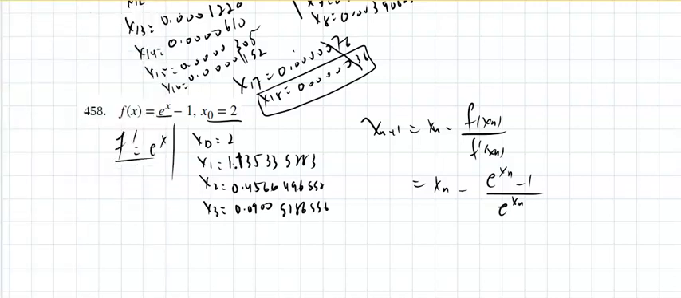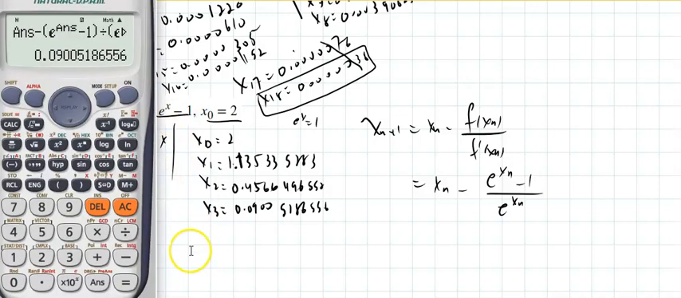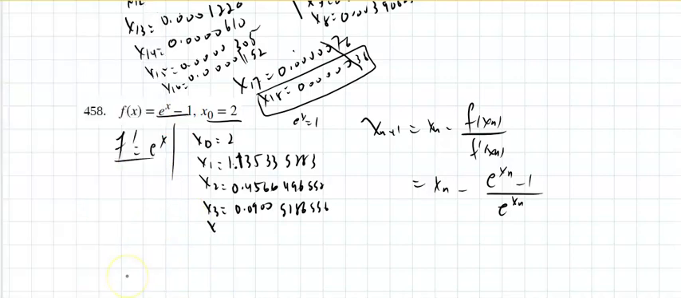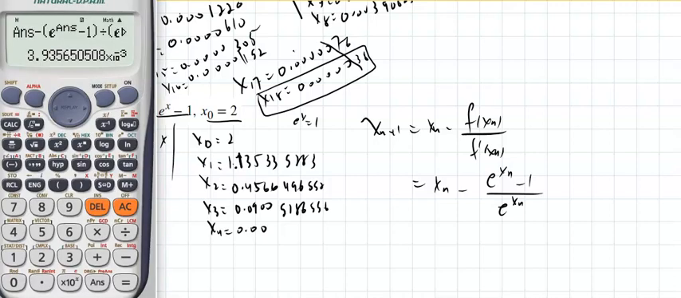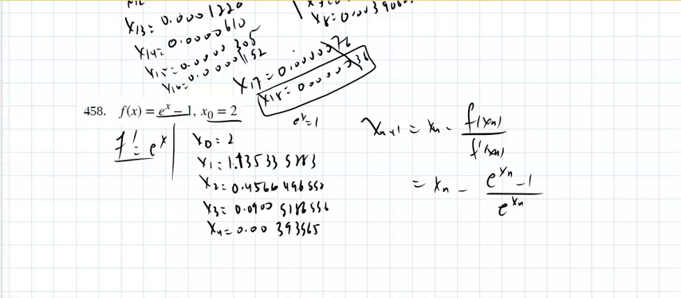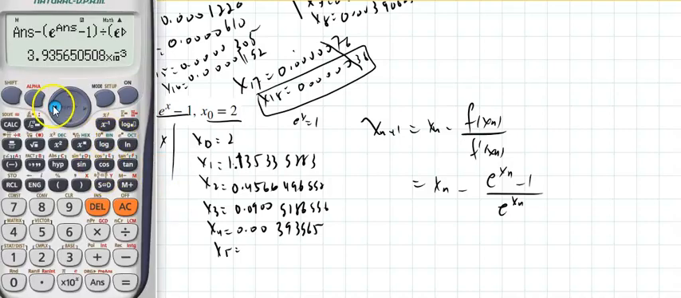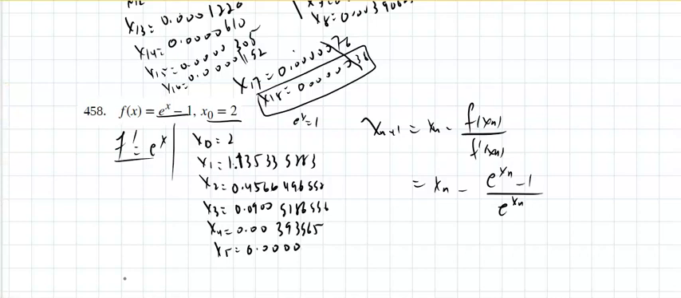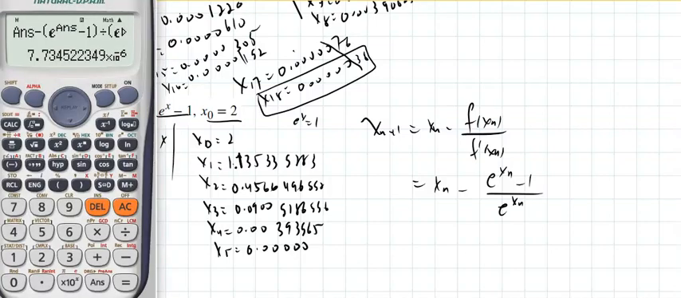Now if I was looking at this, it should be getting close to 0, because e to the x minus 1 equals 0 when x equals 0. I should be getting to 0. Well, let's see. How about if I go one more? X sub 4, I'm getting there very quickly. 0.00, now I got it locked to 1 decimal. 393565, dot, dot, dot. X sub 5 is 0.000006, or 5 zeros, 1, 2, 3, 4, 5,